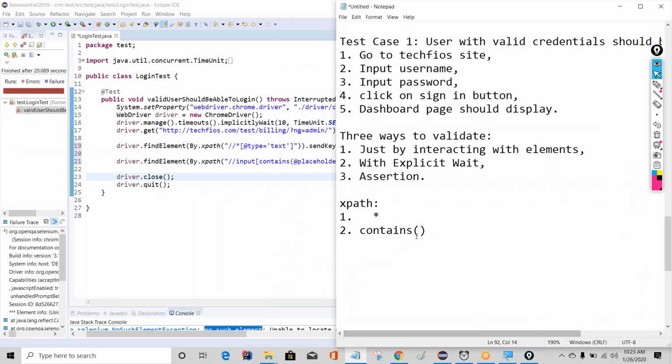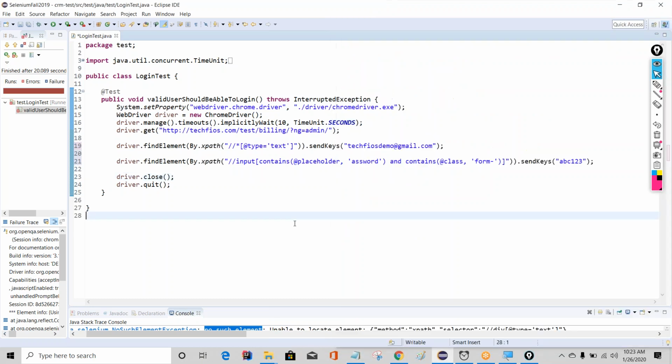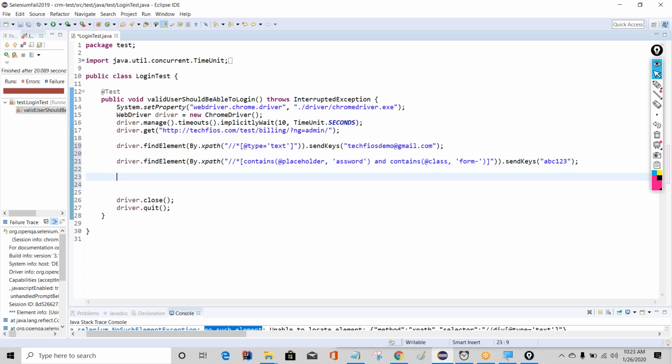Quick question. Yes. Go ahead. Can we put a star in there instead of input, so we have more options? Sure. If I put star here, will that work? Yes, still works. Okay, thanks. And if that input got changed to div, your test case is still going to pass. Thanks. Welcome. Next concept is